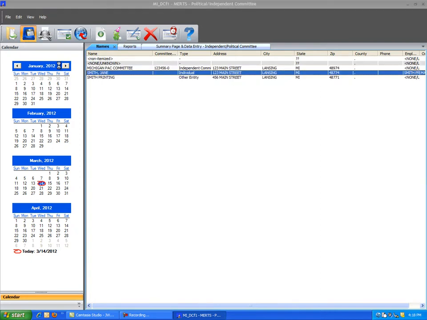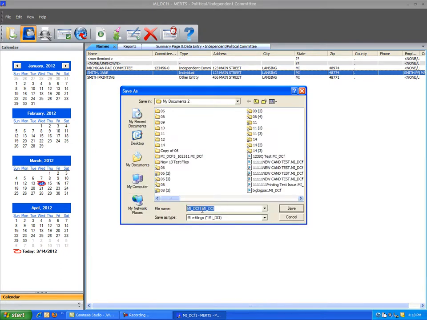The file name will automatically default to mi_dcf. Replace the default name and rename it specific to your committee. For example, Michigan PAC file. The file can be saved on the PC and/or laptop hard drive. Be sure to always back up the file externally for safekeeping. It is recommended that the files not be saved on a network drive. The committee file is now saved and ready to use.